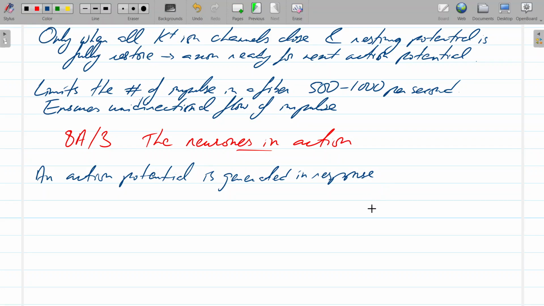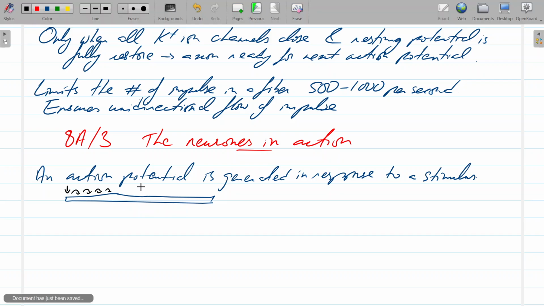It generates at one point, the starting point, and then it travels. So if this is your nerve fiber, and the impulse will start from this point, obviously, right? It starts from here and then it travels along, and so somewhere over here it's moving forward,